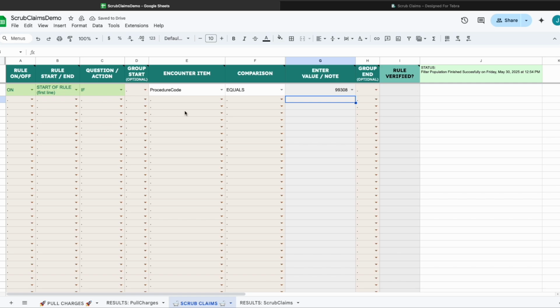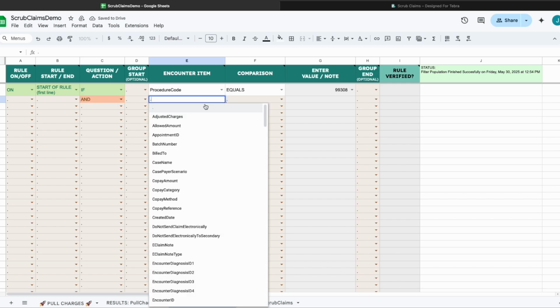Okay, so say 99308 is an actual code that is used sometimes, so simply checking for it won't give us the answer to whether it was used incorrectly. Maybe we need to check the procedure name too to see if that is the correct name. So we'll go to this third column here. We'll say we need to check for something else, so we'll add an and. If procedure code equals 99308 and the procedure name